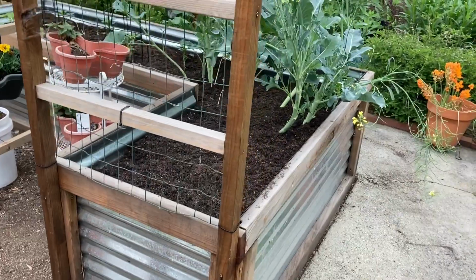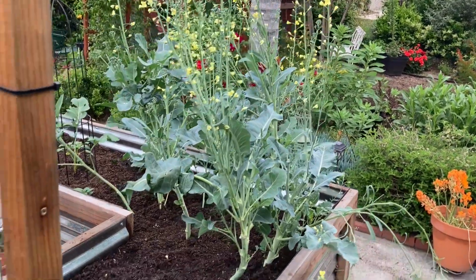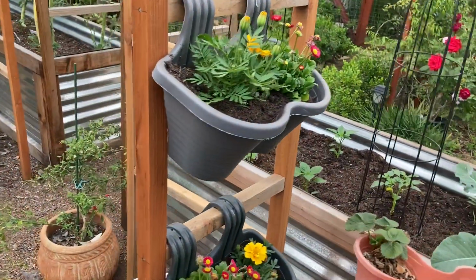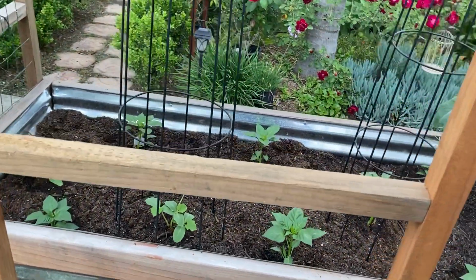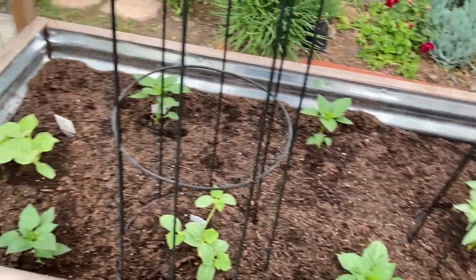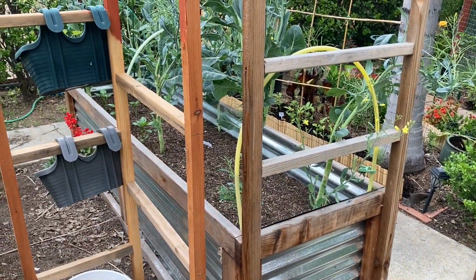I cleared this bed over here. I left the broccoli because I need more broccoli seeds, so I let this go to seed. Here are some more of those hanging baskets. Over here, I dropped in some peppers, a tomatillo, cantaloupe, and in that bed over there where I left the collards, I actually put more peppers in there too,